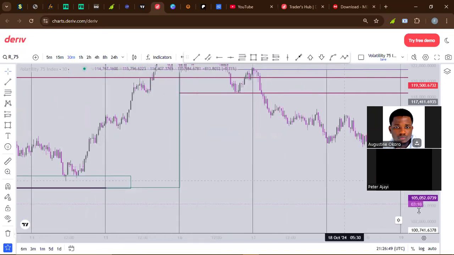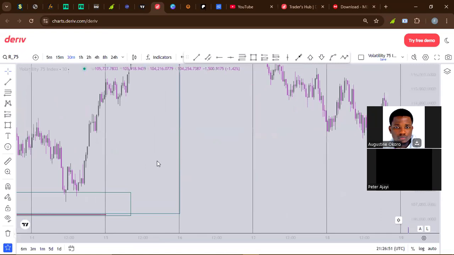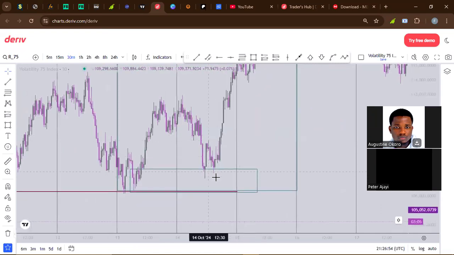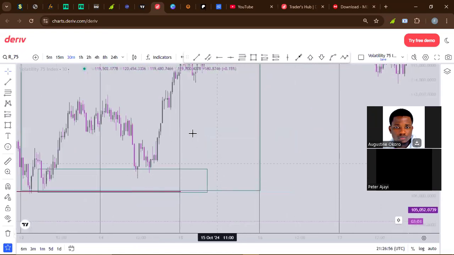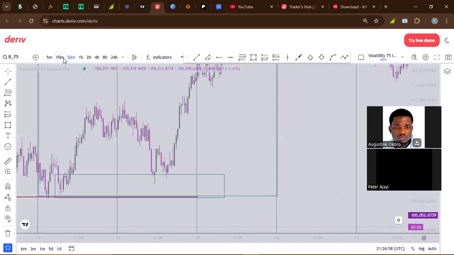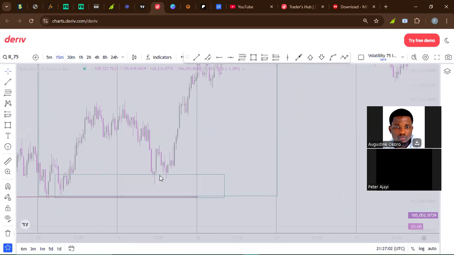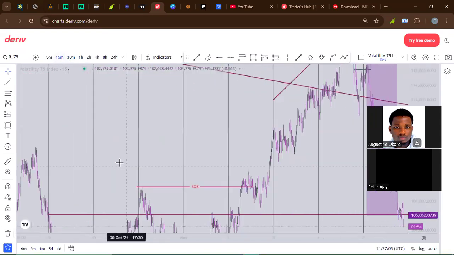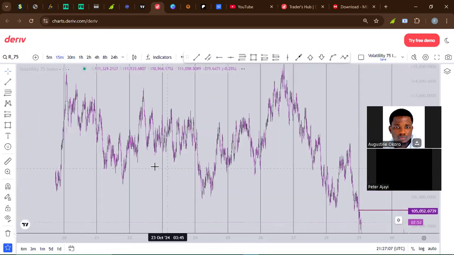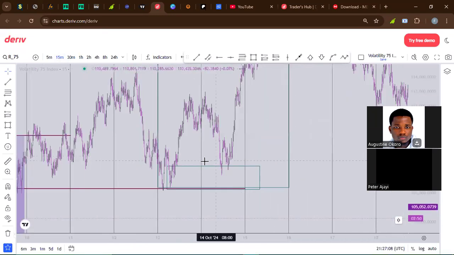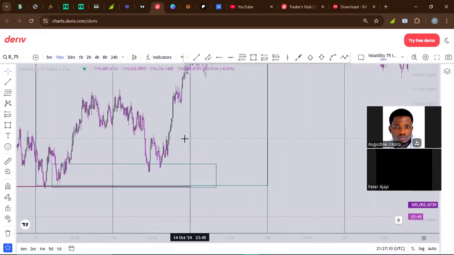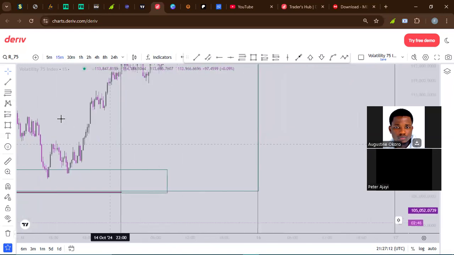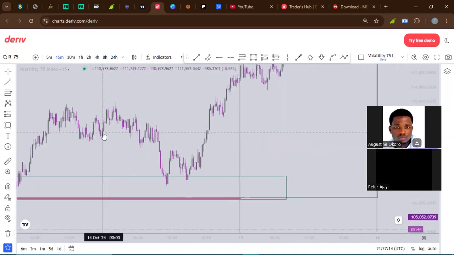You can just say, okay, let me take this trade before it gets to this other block. I want to take this trade. So go over to maybe 15 minutes or 5 minutes to take a scalping trade to that level. It's very simple. You just understand your order block, fair value gap, and all those things. The market is already open from here. So just wait. This is an order block.